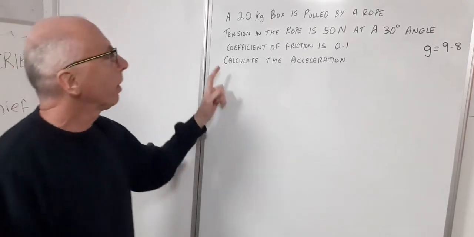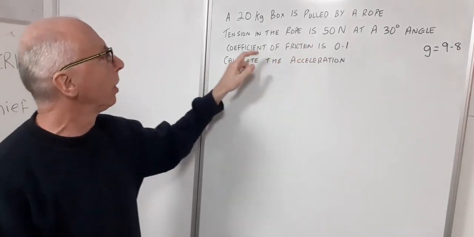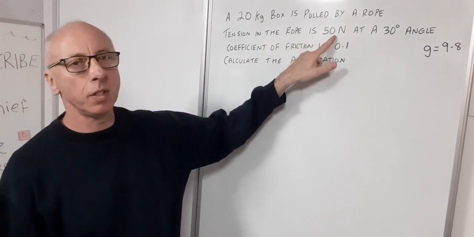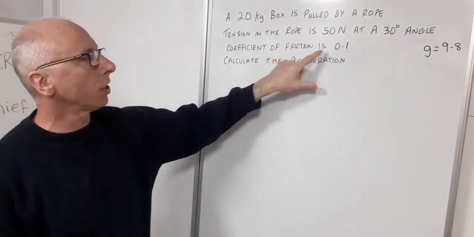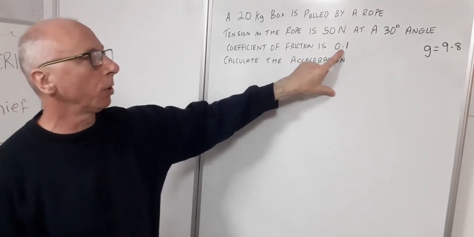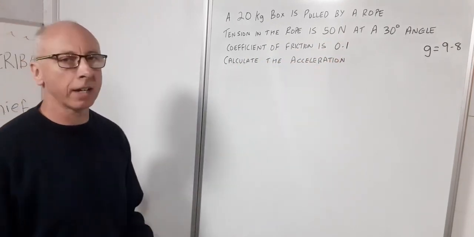So I've got a question here. A 20 kilo box is pulled by a rope. The tension in the rope is 50 newtons at a 30-degree angle. The coefficient of friction, which will be along the horizontal plane, is 0.1, and we want to calculate the acceleration